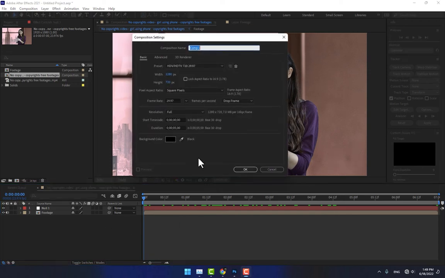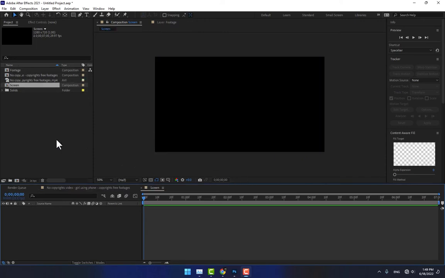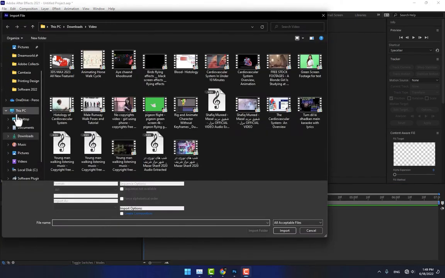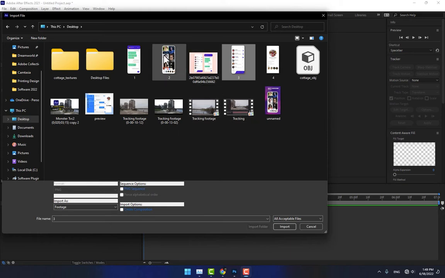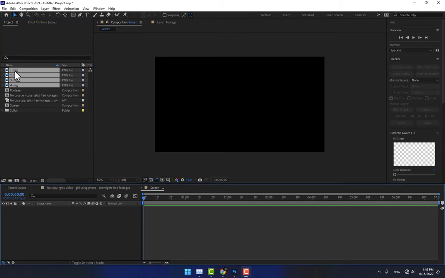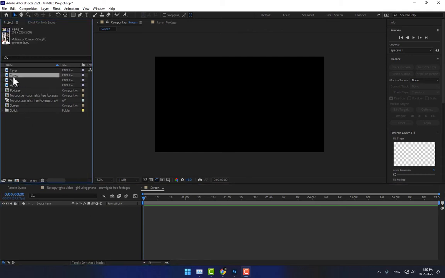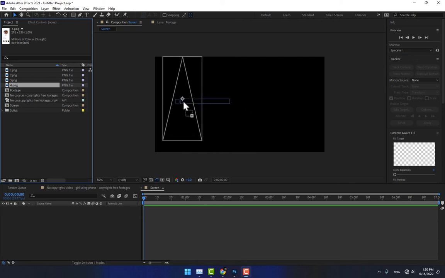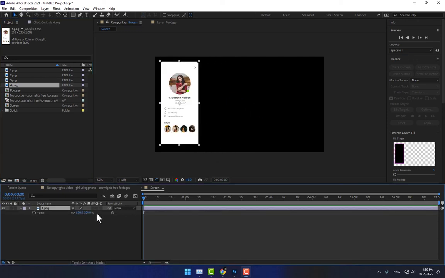Create another new composition, name it screen. The duration of the composition is 7 seconds, so change it to 7 seconds, press OK, and then double click. Select your mobile screen and import, select the first one, drop it here,